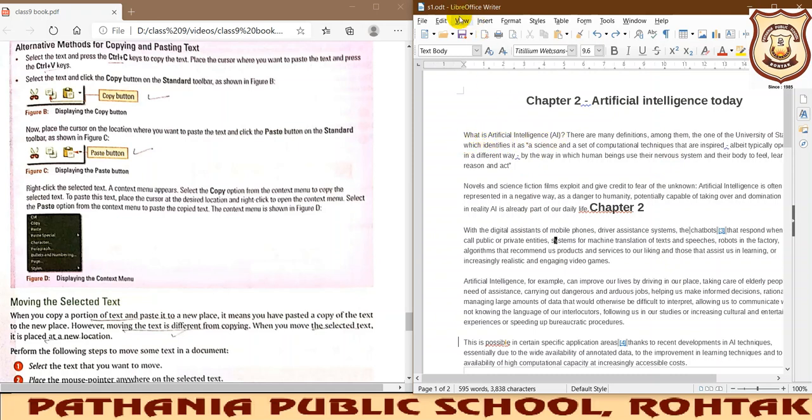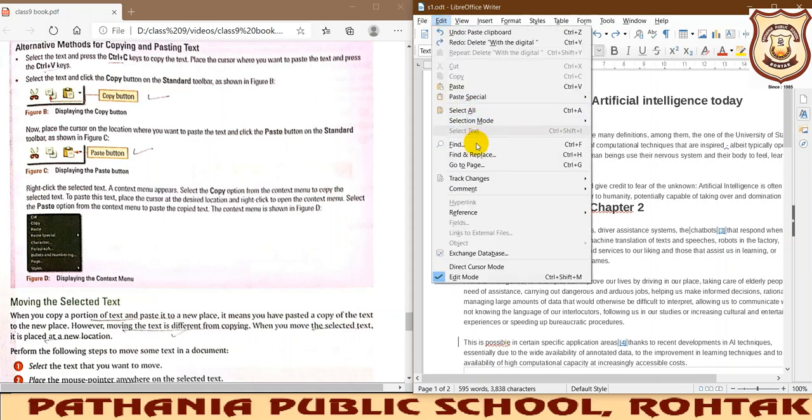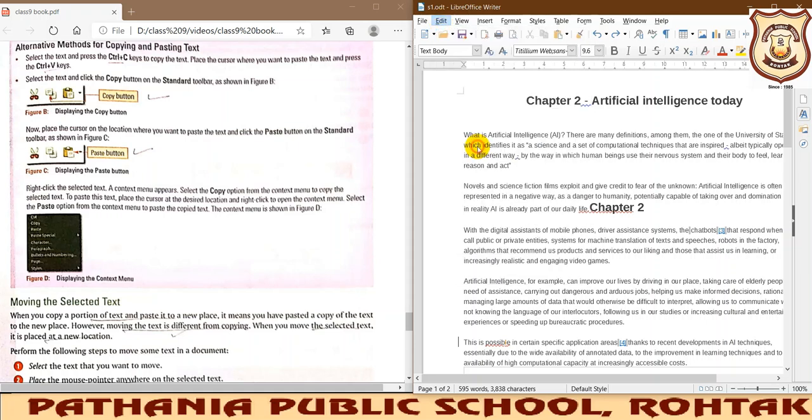So how do you get into this particular option? You need to go to the edit menu. Then you can press Control F. Okay, this option will come here. Either you can select the text, or otherwise you can write it also. Fine. So see, I just want to search this AI. Okay, so I will be writing AI.